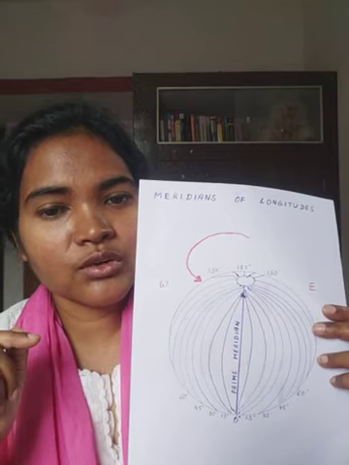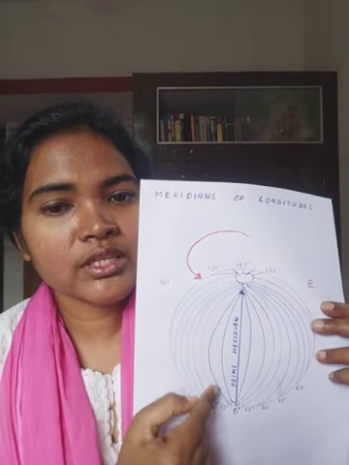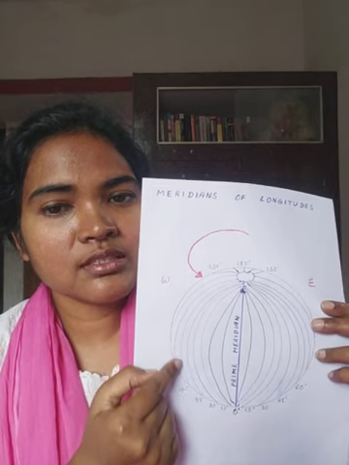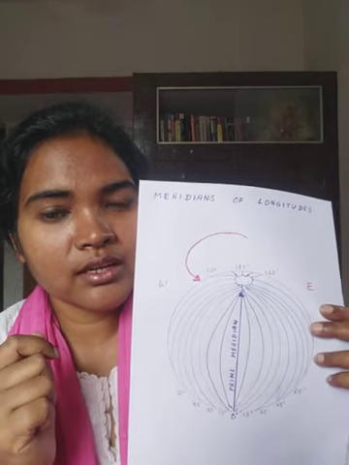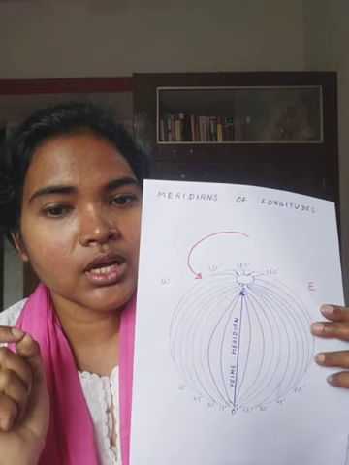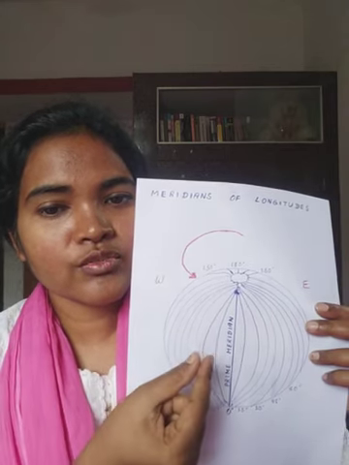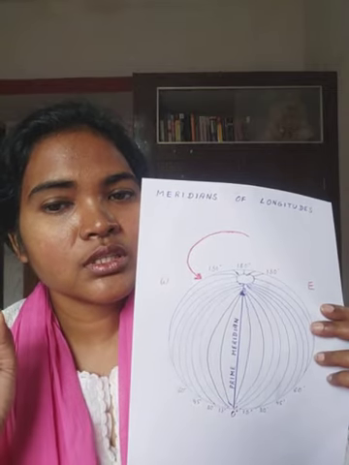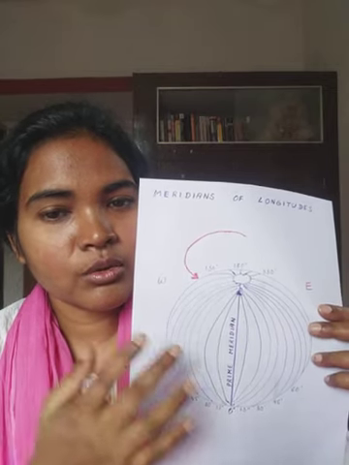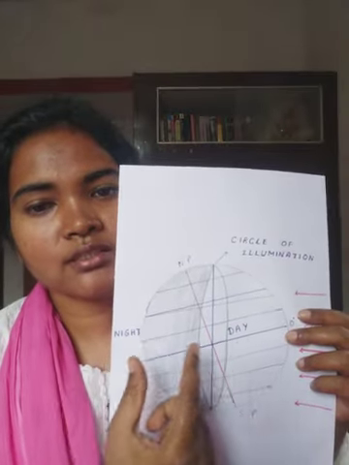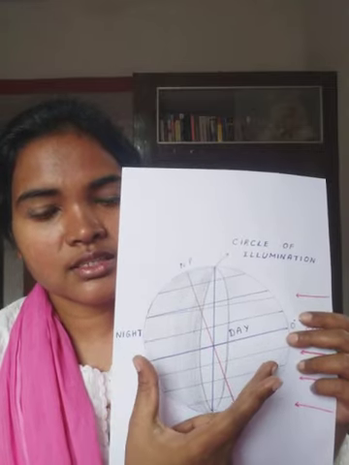Now, because of the rotation of the earth, all the meridians, all the places face the overhead sun once in 24 hours, and there is a difference of 4 minutes between two consecutive meridians, only because of the rotation of the earth. There is also an alternate night and day in 24 hours because of the rotation of the earth we had seen.